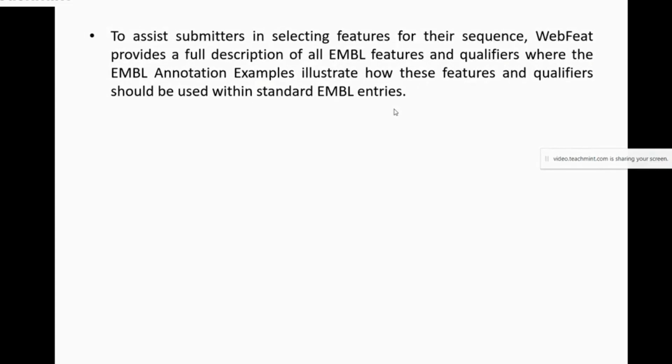Okay, if you don't know how to select the feature or the qualifier for your sequence, you can go to the Webin feature. Okay, it will provide you the full description of all the EMBL features and qualifiers. There you will get all the features, qualifiers and their descriptions with examples, which will help you to select the feature and qualifier for your sequence. Okay,